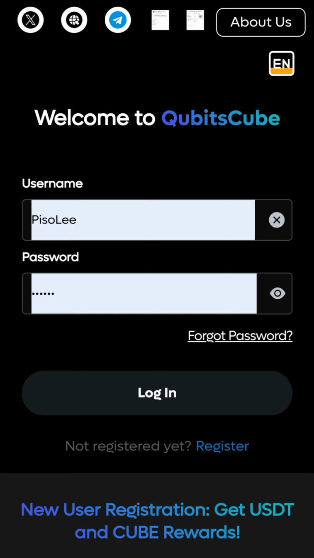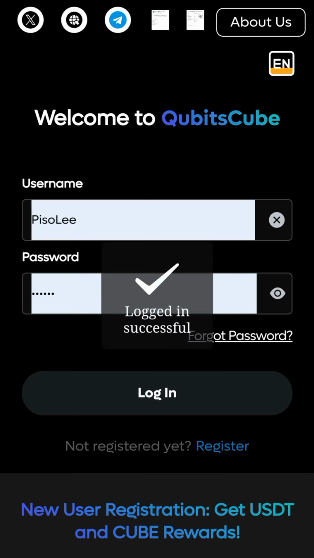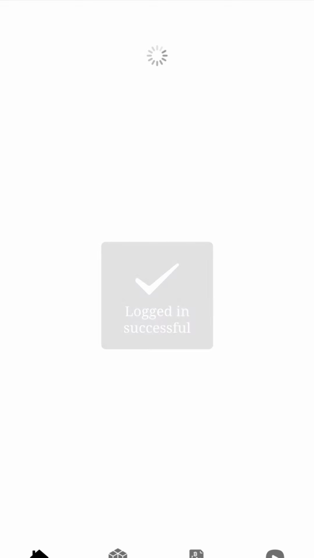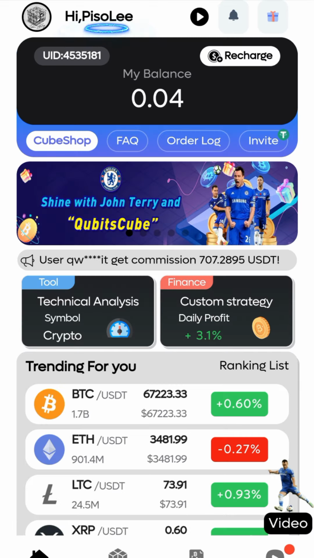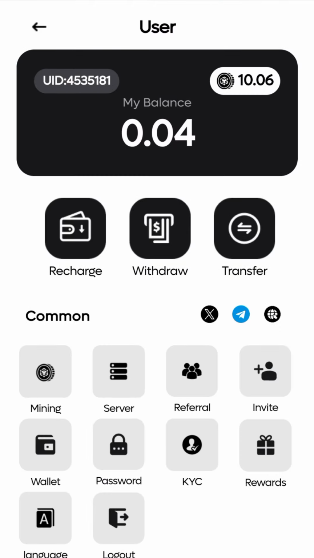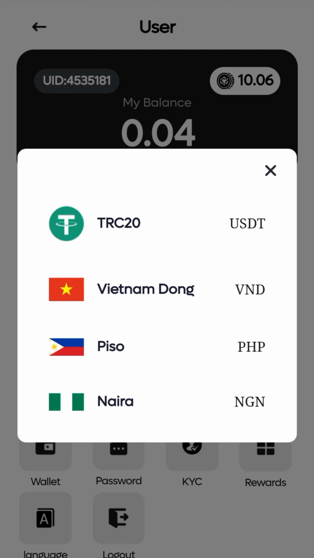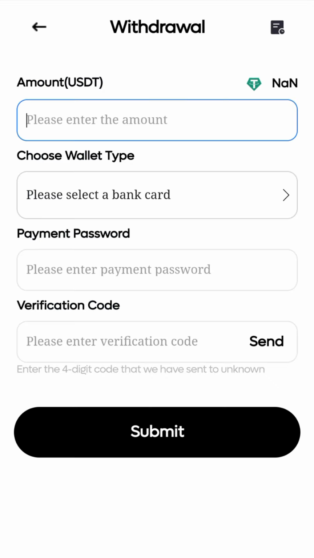Click on the withdraw button and the withdraw page will appear, where you are prompted to input the amount you want to withdraw. Select the wallet type, which is your bank account, which you must have already added to your QubitsCube account, your wallet. After doing that, you provide your payment password, which you must have set also before coming